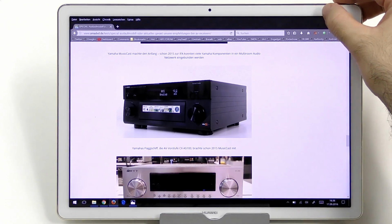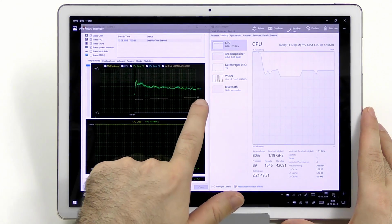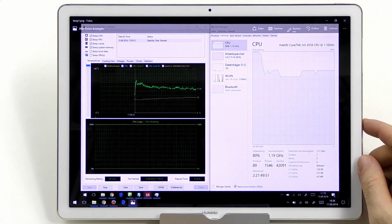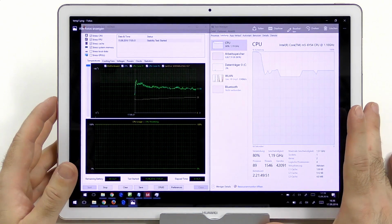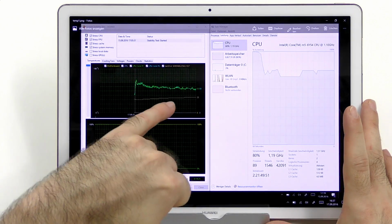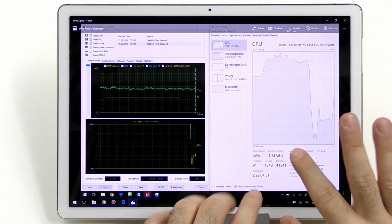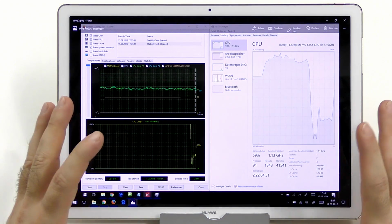Once we talk a little bit about something else, it would be the performance, because if you check the temps here, you will see one thing. They usually stay at around 50-55 degrees, and therefore you can also see that it clocked a little bit down, because you had the boost of, I think, about 2.4 GHz, which it holds for a few seconds, which is normal for the Core M, and then it goes down to 1.8, which it should hold. But once you reach the 55 or go a little bit over it, you will see that it clocks down to 1.2. And once again here even lower. So 1.15 was, I think, pretty much the lowest, and it then stays usually at around 1.3, 1.4 gigahertz,